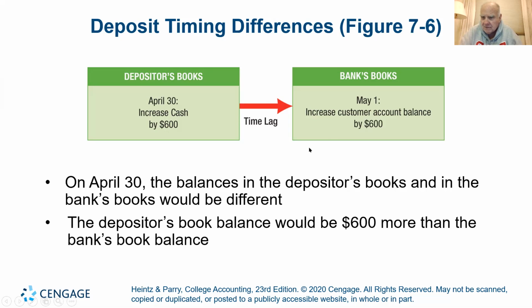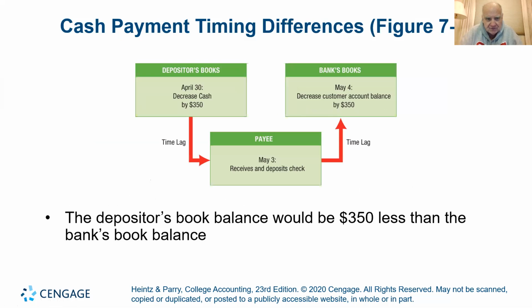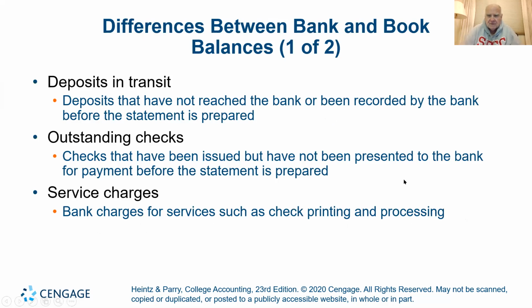In the interim, the bank statement was prepared and mailed to you. So this $600 we know about, we have to tell it to the bank on paper anyway, by increasing that 748.09 number we saw. This is called a deposit in transit. And here is if a book balance would be less. Here is a check, I guess. We decreased cash. You wrote a check and it didn't get to the bank until after the bank statement came out. So those are called reconciling items.